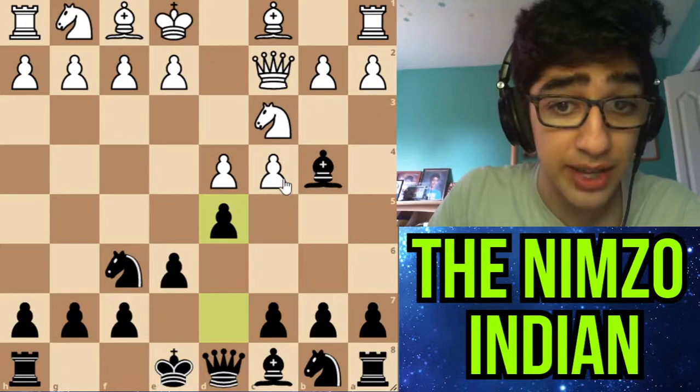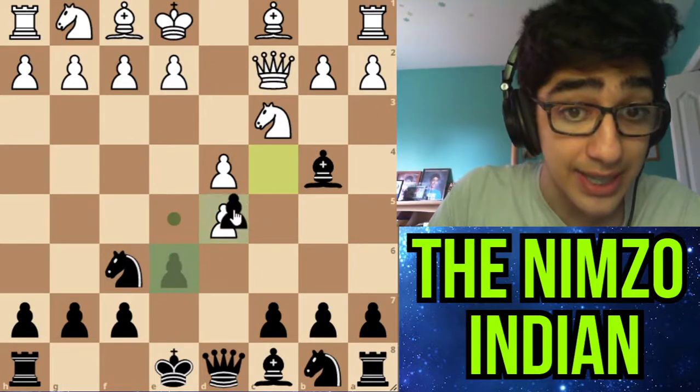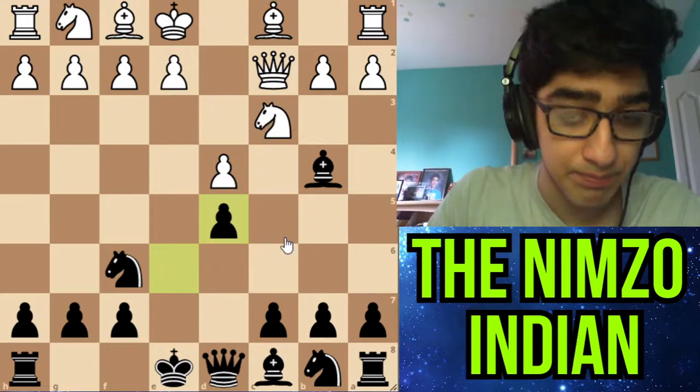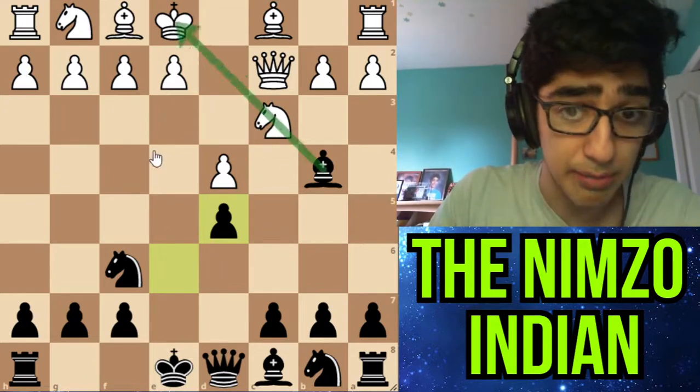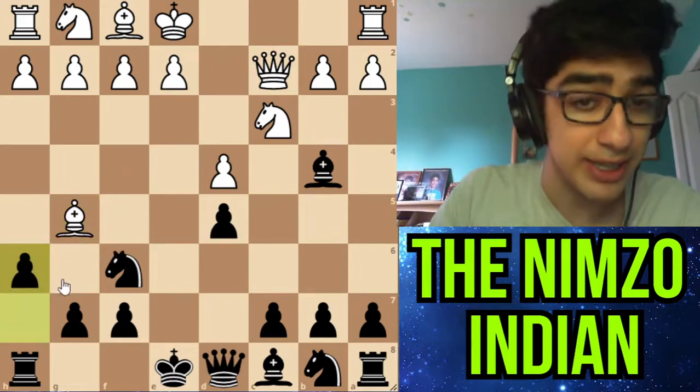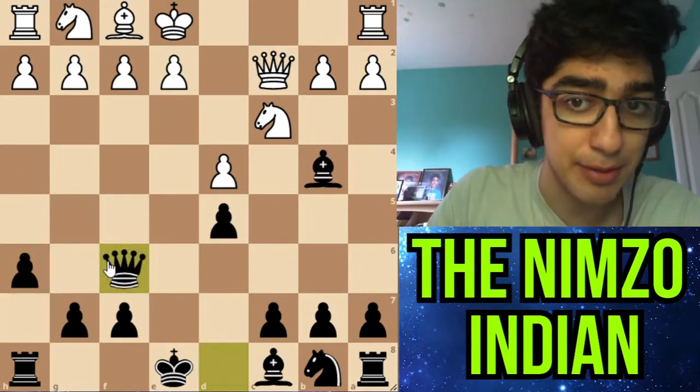So after d5, they can also go for c takes. And after e takes, notice we're not playing queen takes because that would run into this pin, even though that would be allowed because of the pin. Here white would play bishop g5. And after h6, white can decide to be tame, give back the bishop here, and this position is